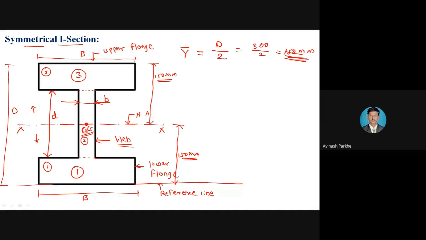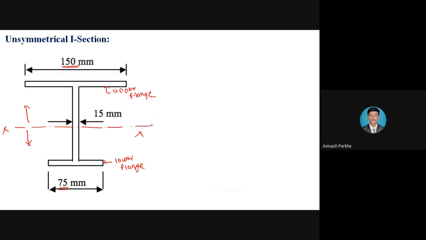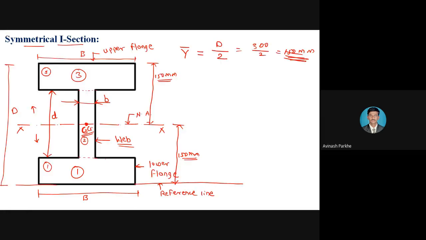If this is the unsymmetrical I section, if you think about the second figure, in this particular section, above neutral axis and below neutral axis, the dimensions are different. But in case of an I section, above neutral axis, dimension is 150 mm, below neutral axis, dimension is 150 mm. Why? Because this is the symmetrical I section. Therefore, if the symmetrical I section is given to you, at that time its y bar can be directly calculated. Y bar is equal to capital D divided by 2.